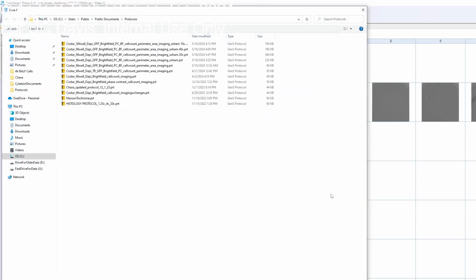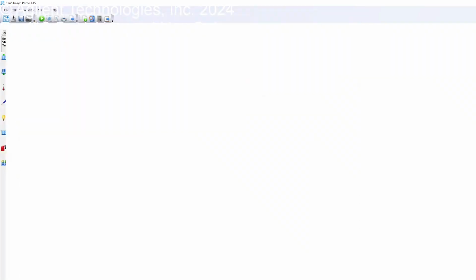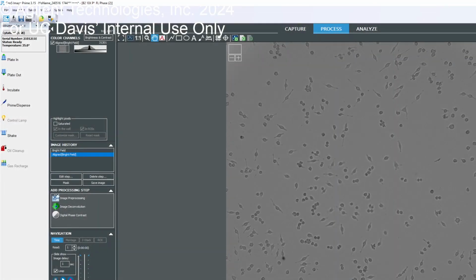You want to save a protocol? Most likely we don't want to save this protocol, but in case you build something, then it will actually prompt you before you quit the program. In case you forget that, you can always go back to the experiment and then extract the protocol from there. So you're not going to miss out on that. If you go back to the capture step,